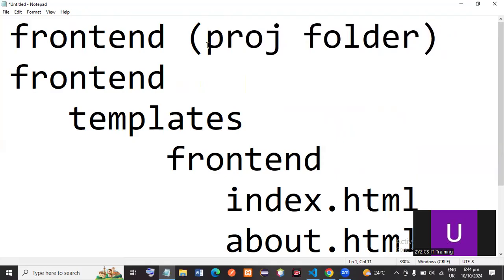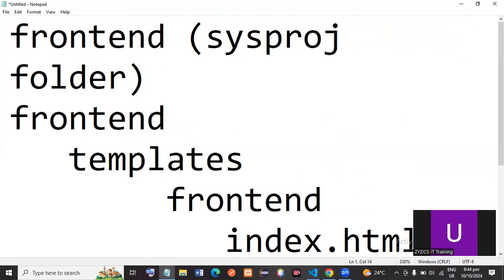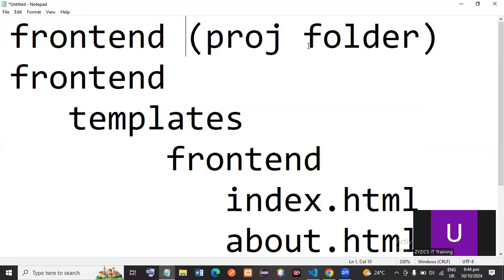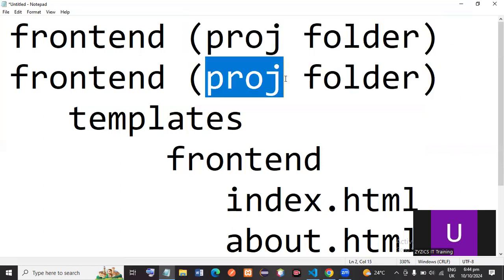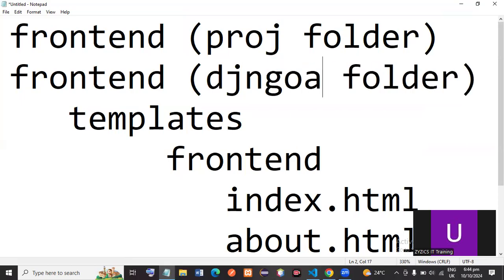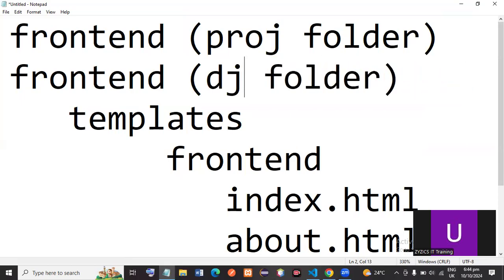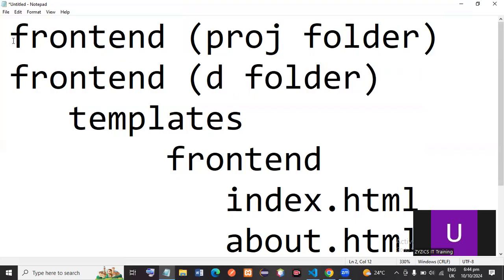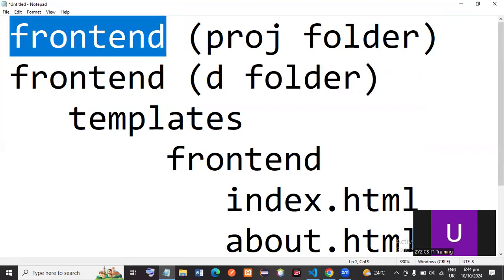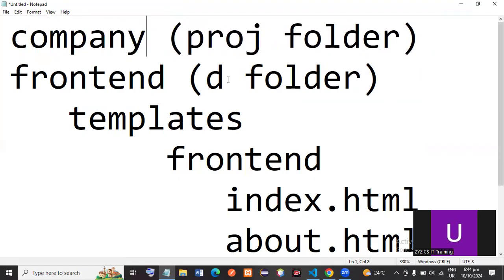How would I call that? Like system project folder, right? But this one is the, how should I call this? This is the Django project folder. Okay, so this is the Django project folder. Sorry, this is our company. Okay, so this is the main project folder,